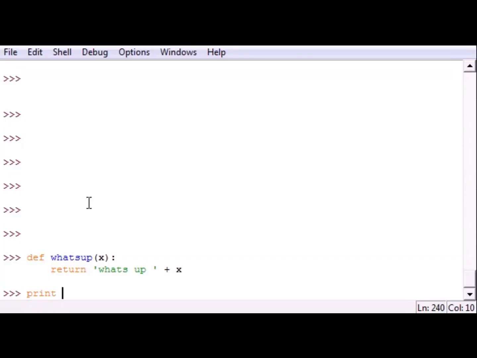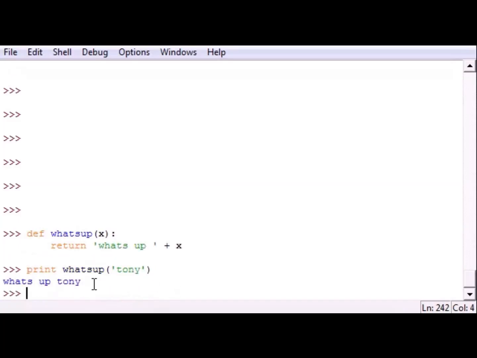So now we write print, and you don't have to print it, you can store it as a variable or anything you want. I'm just going to print this out to show you. And next, how you use your function, you just call it by the function name, what's up, and then inside your parameters put whatever you want to have for X. So let's put Tony. So let me go ahead and run this, and it says what's up Tony,